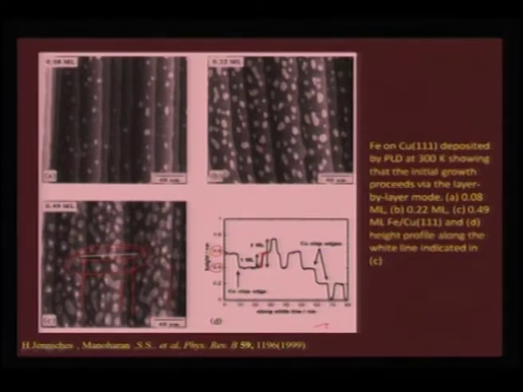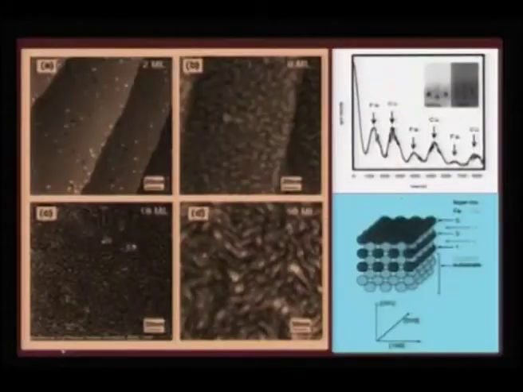one atomic layer is growing, but there is also another small hump there which corresponds to one more monolayer. That means over one of the iron islands the second layer is also trying to grow. So, this information you can get out of a line scan for an iron film that is grown using pulse laser